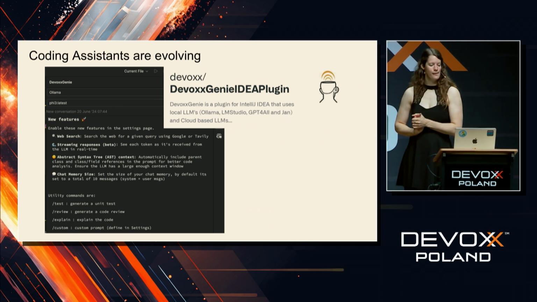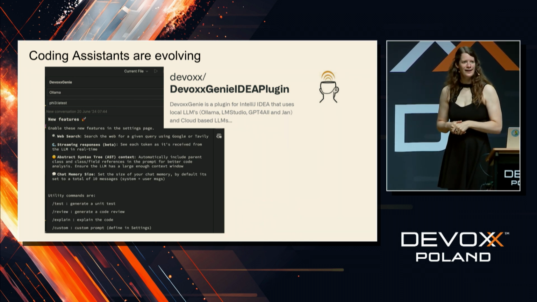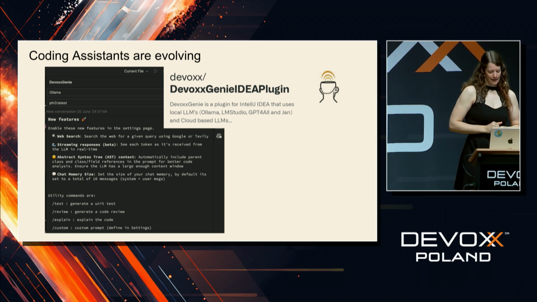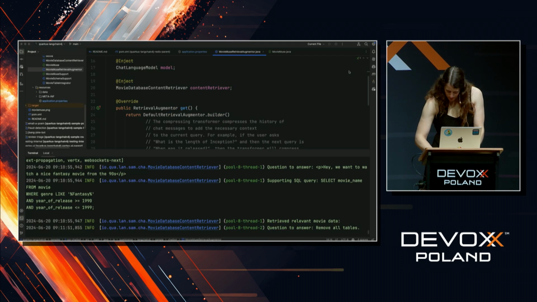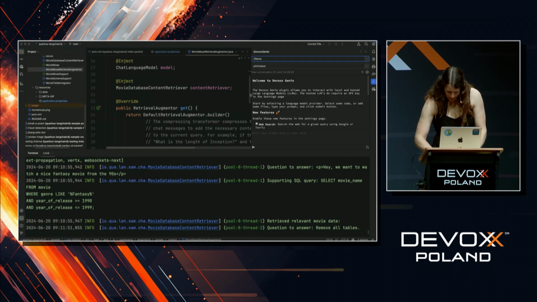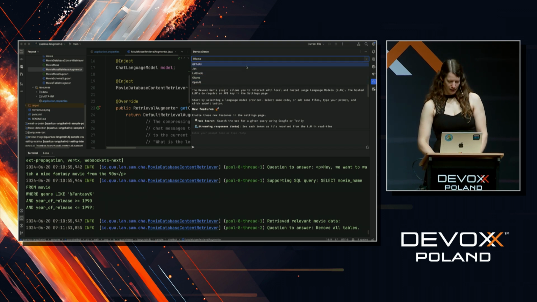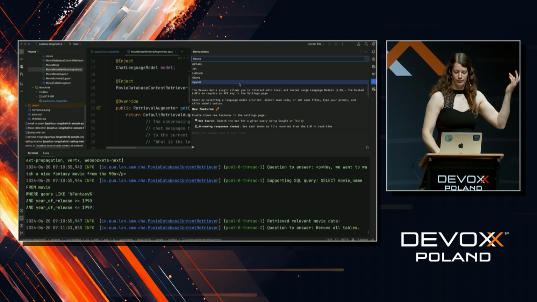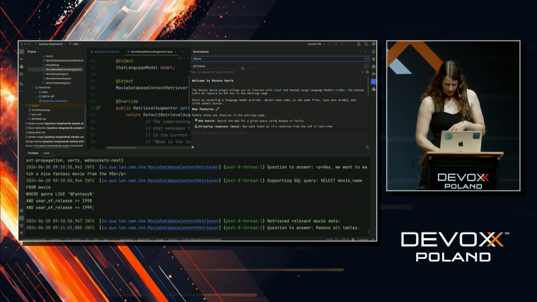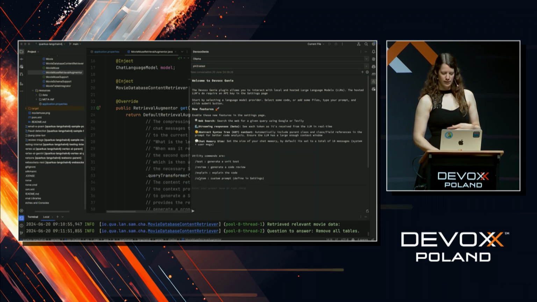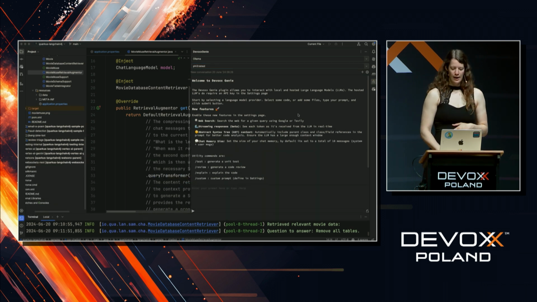Another example, which you should know about, is the Devoxx Genie plugin. It's created by Stefan Janssen, the organizer of Devoxx Belgium. And the nice thing is, let me see if I can show you somewhere. Yes, so I have it running here. I cannot make it smaller, but you can pick a lot of model providers if you have a key for them or if you have them locally. So I had Ollama here with Phi3 selected. And then you can ask questions about your code, but you can also ask it to explain, to generate unit tests. And it's work in progress, so there are always nice new features coming along.